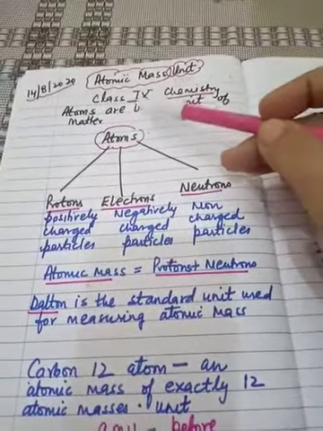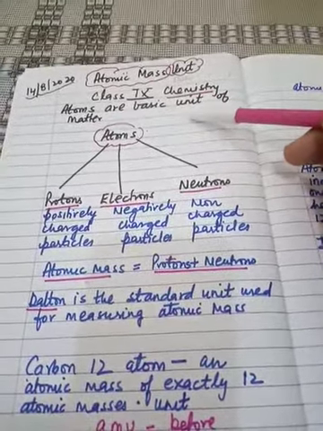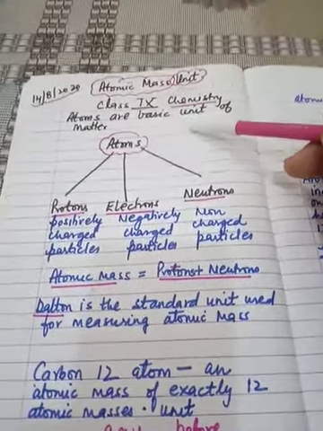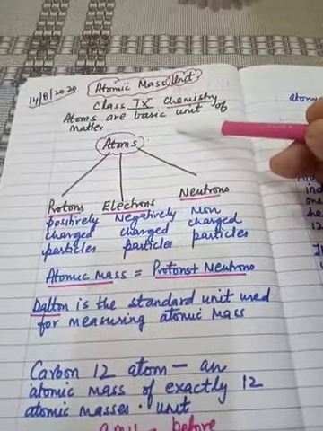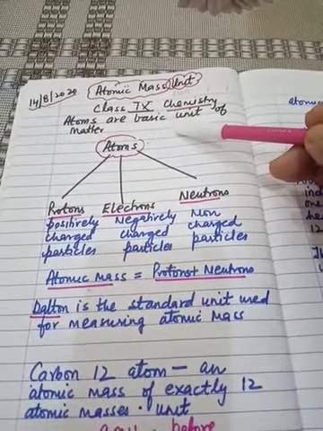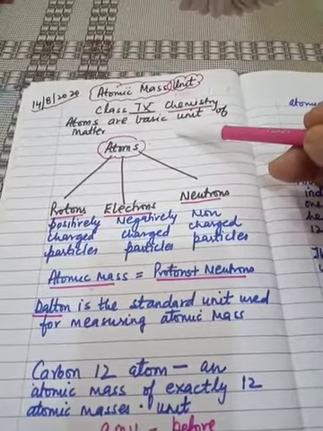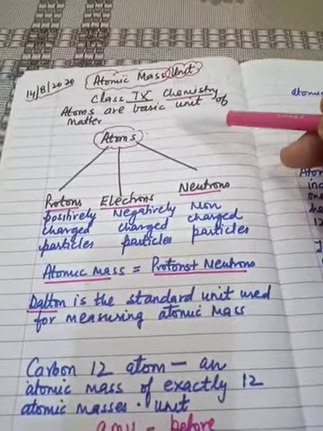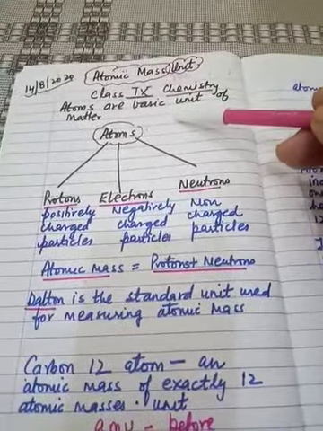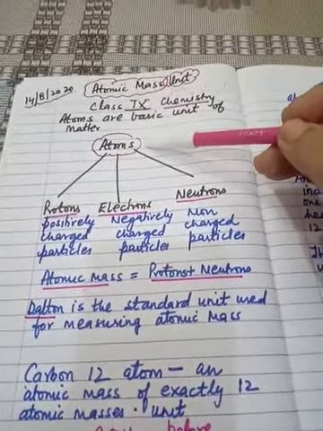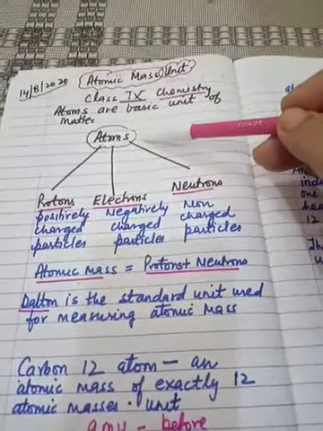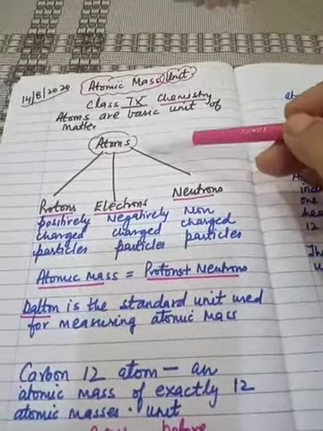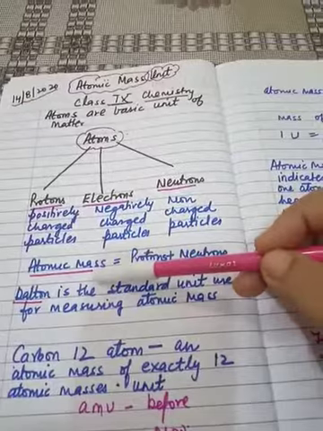Already you know that atoms are the basic unit of matter. They are the smallest component of a chemical element, which is a substance that cannot be broken down into simpler material. Atoms have specific properties that will determine their chemical and physical nature. One of the important properties is atomic mass.